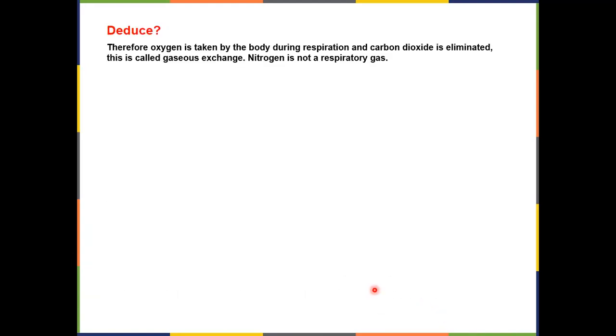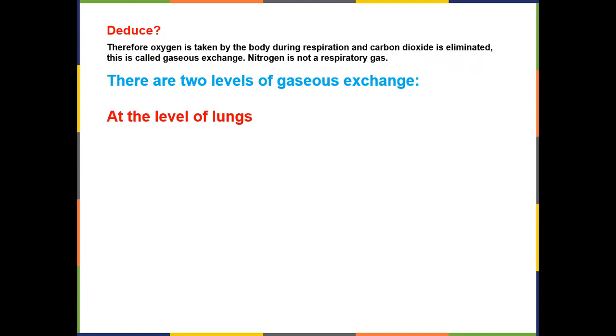Deduce, therefore, is an expression used for the deduction. Oxygen is taken by the body during respiration and carbon dioxide is eliminated. This is called gaseous exchange. Nitrogen is not a respiratory gas. There are two levels of gaseous exchange. At the level of lungs,